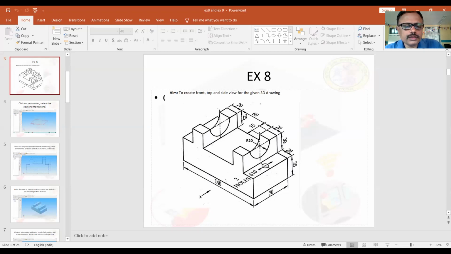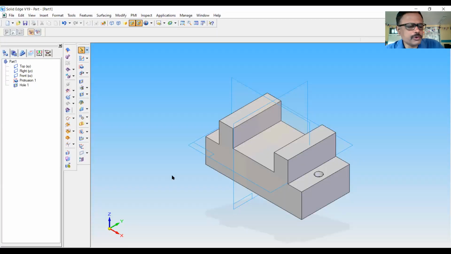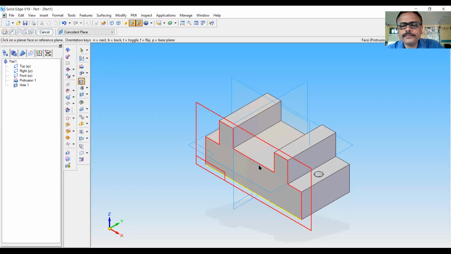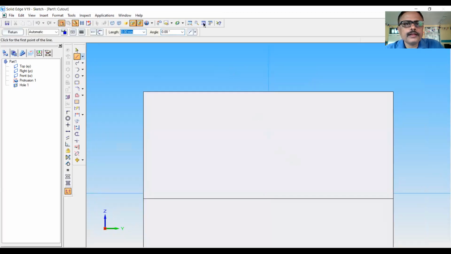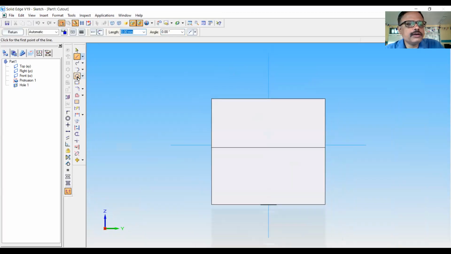Whenever there is a hollow portion, we have to use the cutout command, which removes the material. So use the cutout option. I will click on this surface. Now the circle with center option is used, and this is the center of the circle.